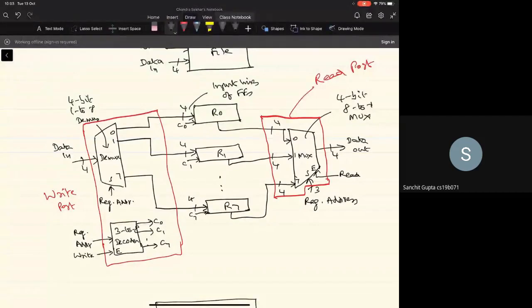As we'll be seeing a little later in this class today, typically the operands for the ALU operations will come from the registers, and the output generated by the ALU will also typically go first into the registers and then go into what is called the memory unit. So the register files play a very important role in the design of the CPU.